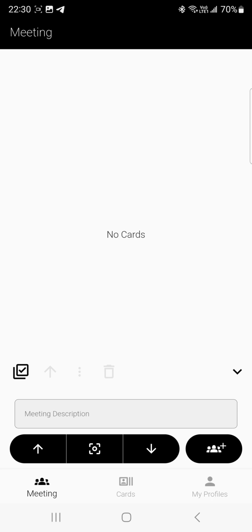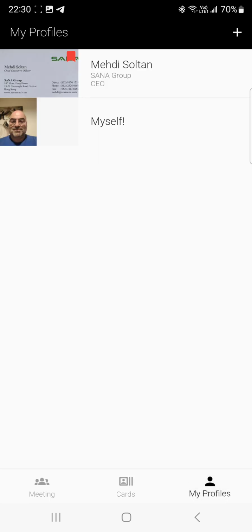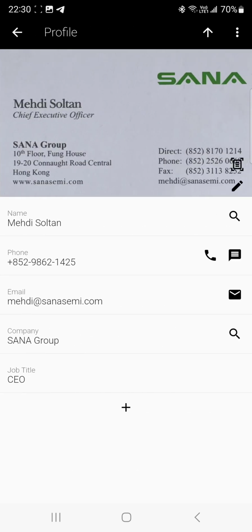The user interface has three modes. You have meetings, you have cards, and you have profiles. Profiles is your own profile. So you can actually create a profile by putting, for example, a picture of your business card and your contact details, or you can